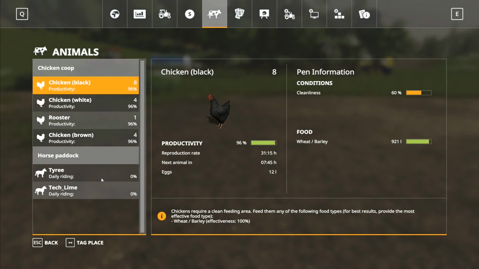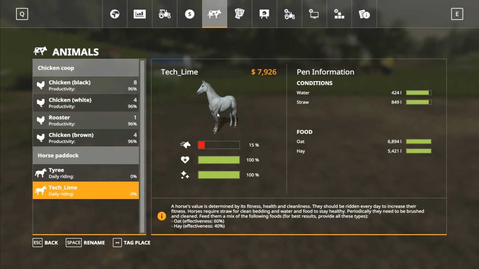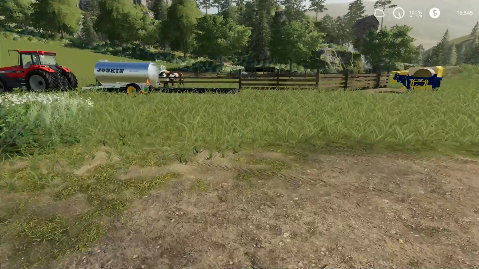So if we have a look at our horses at the moment, both of them haven't been ridden at all today. Tyree is on 15% condition. His value has gone up to almost $8,000. Tech Lime is the same. So I think we could have ridden them both a little bit more,